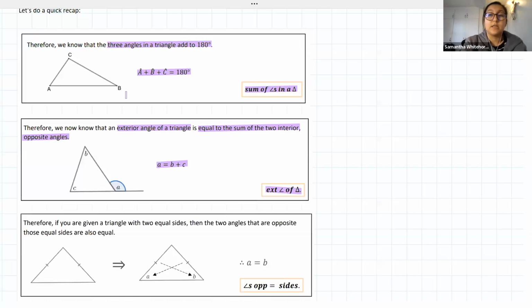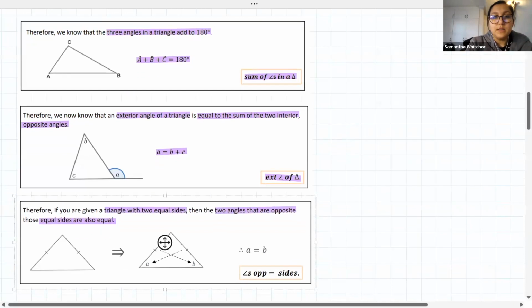The third reason that we did on Monday was the fact that if we have 2 equal sides, so essentially an isosceles triangle, the 2 angles that are then opposite those equal sides are then equal to each other. All right. And our reason there was,